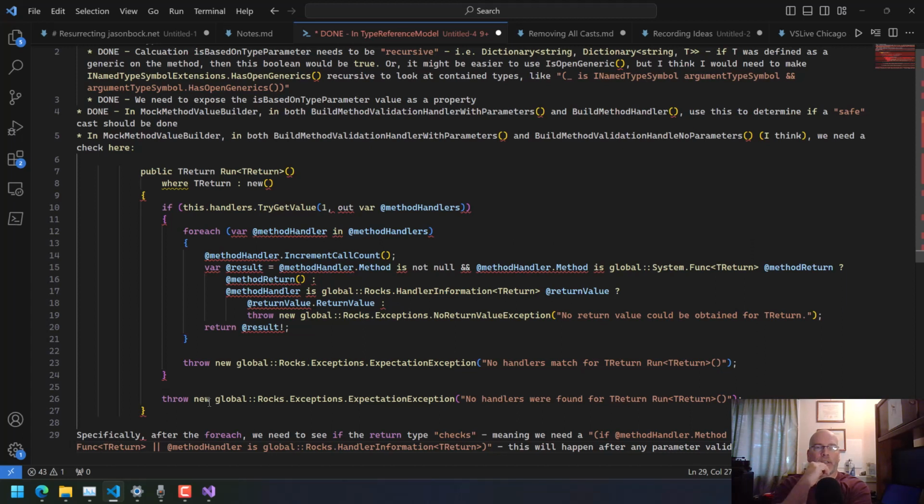And only in the case, though, of it being, well, no. Well, okay, no. Okay, sorry. If we don't have any parameters, but we have a return, and the return is based on a type parameter, then we need an if. And if it's not, we don't care. Because if you basically just had a public int return with no parameters at all, the only one that you could ever create